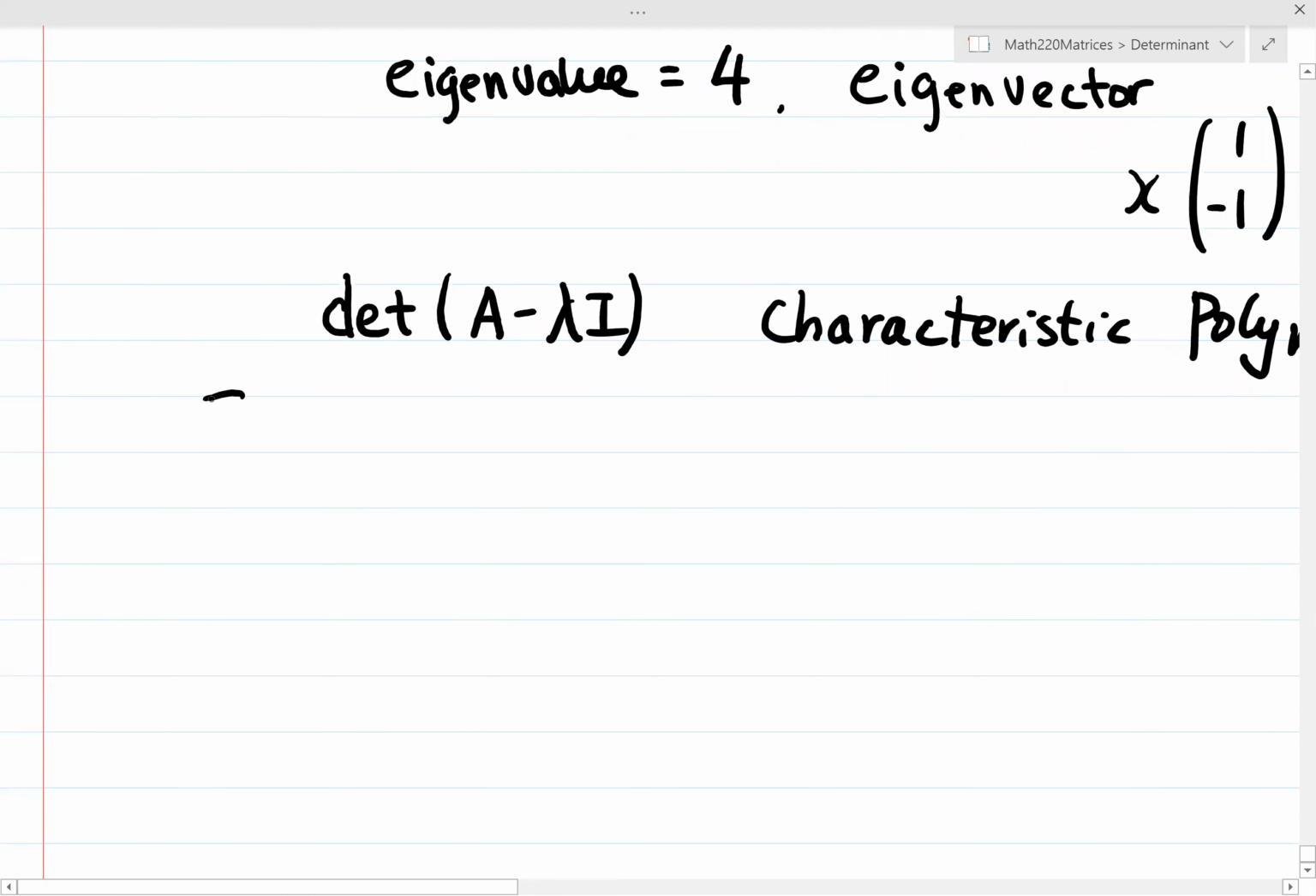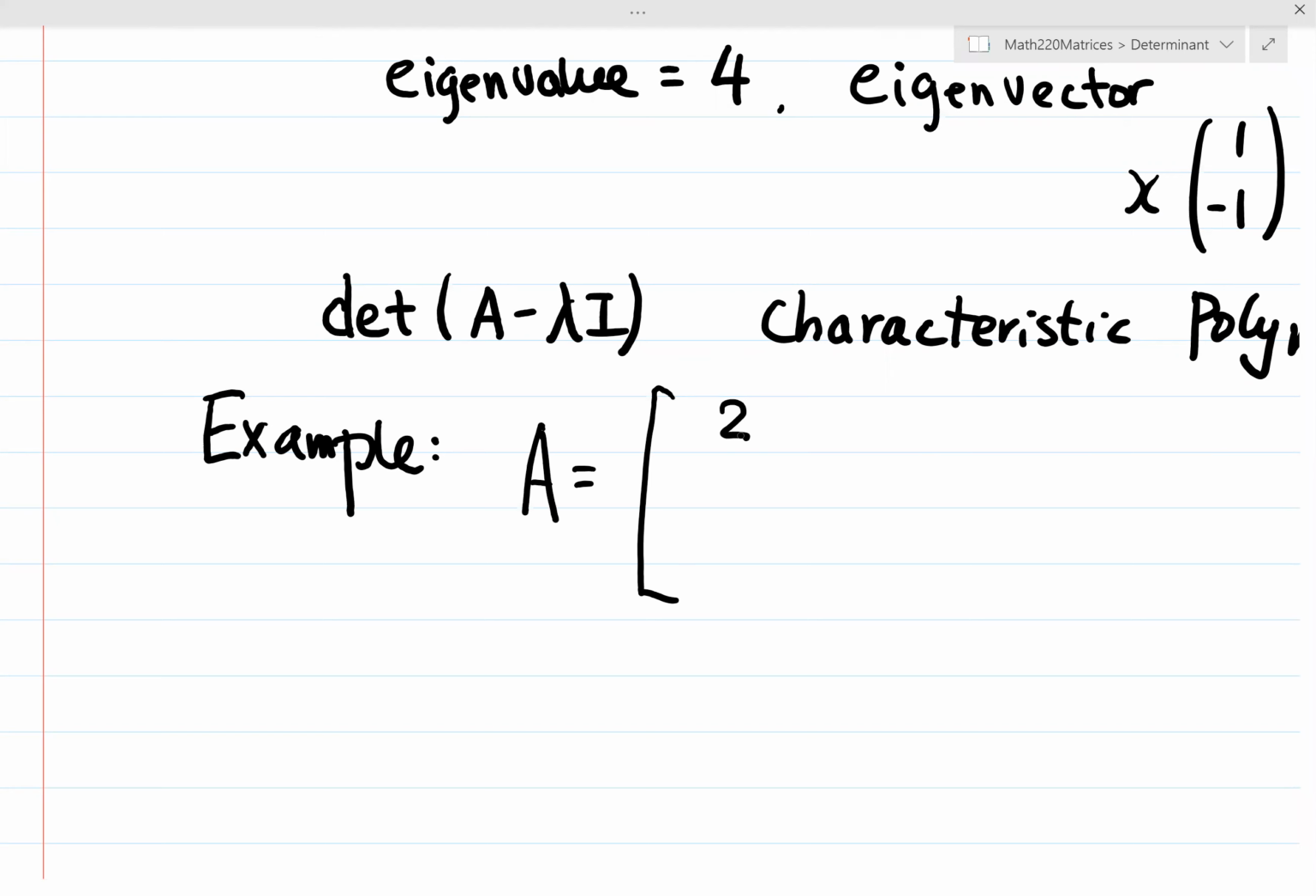Example: let's take a 3 by 3 matrix A. Now for a 2 by 2 matrix, the characteristic polynomial is a degree 2 polynomial. If you get a 3 by 3 matrix, then you get a degree 3 polynomial. An n by n matrix has a characteristic polynomial of degree n. Now, in general, finding the roots of a degree n polynomial can be hard,